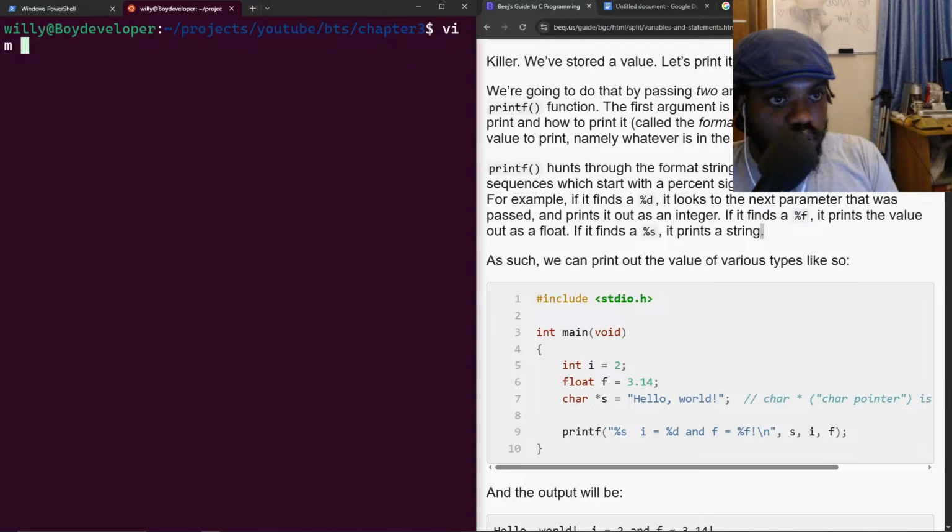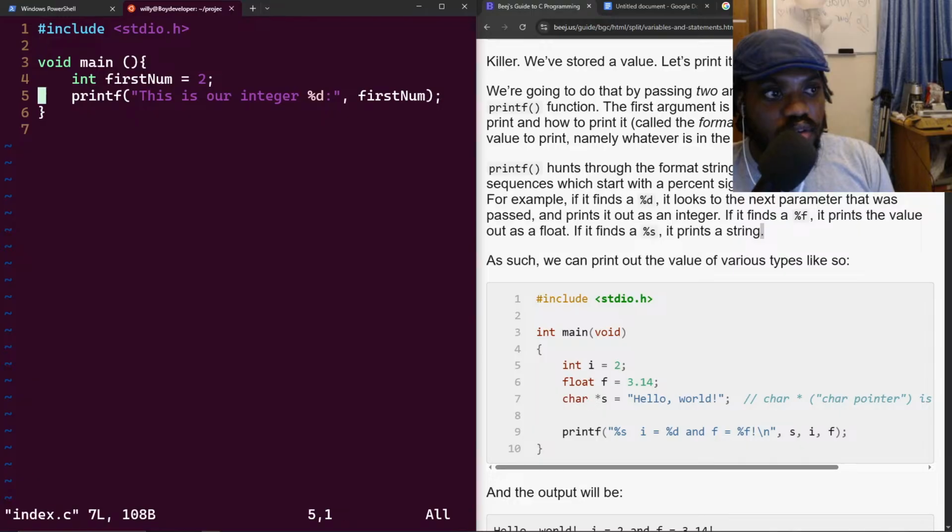We can say Vim index.c, and then instead of doing it this way, let's move word by word with W, and if you press E, you're supposed to go back, right? I'm not sure what just happened, but okay. So here, this second parameter, this first num here, is actually not